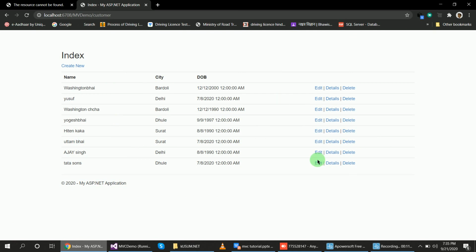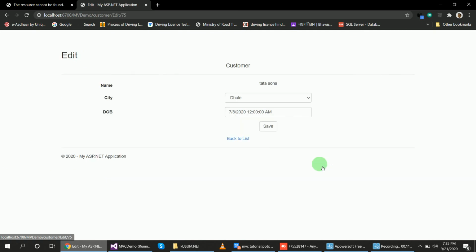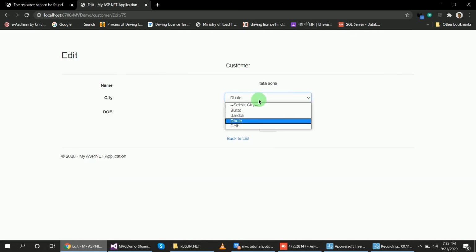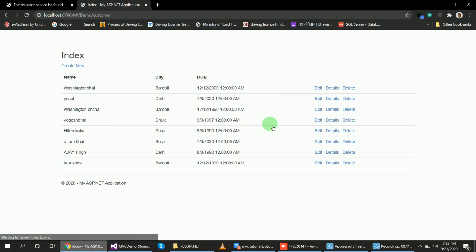Okay, let's. I want to update this data, and in place of Delhi, Bardoli, and date of birth 12 12 1990. Okay, Bardoli 12 12 1990 means the record is updated.